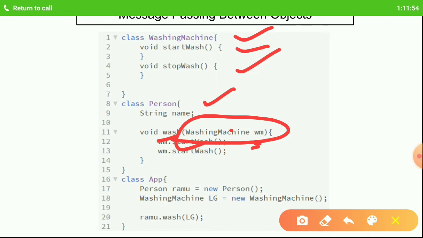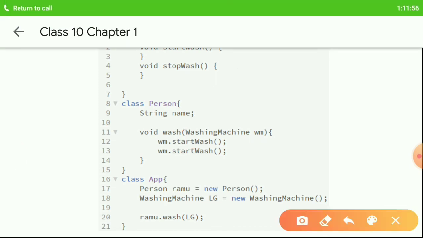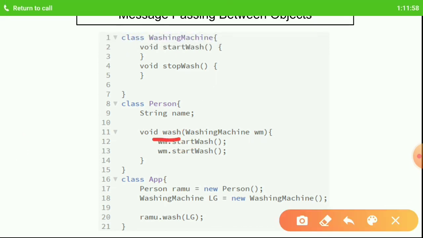So the wash function here, which is inside the person class, has a parameter of type washing machine. That means the person will have access to a certain washing machine and it can wash clothes using that particular washing machine.